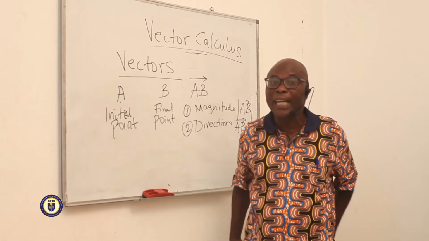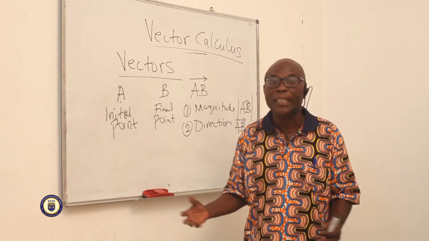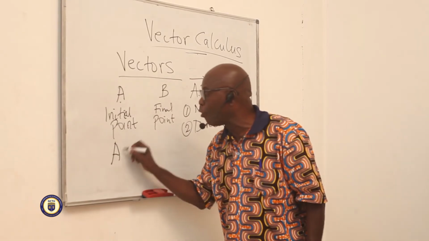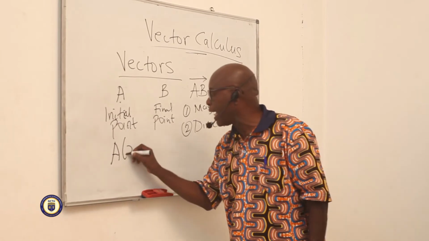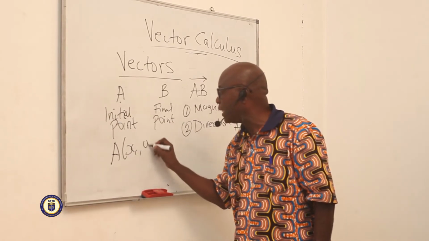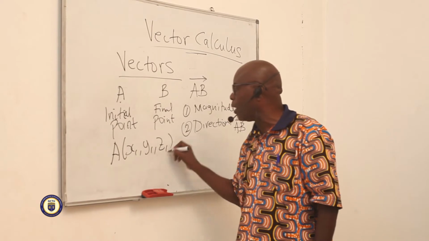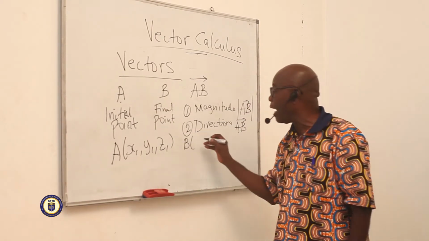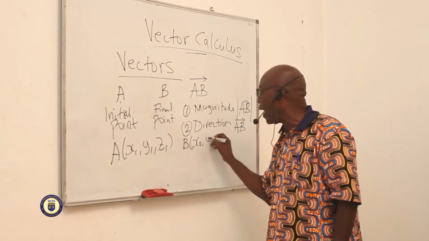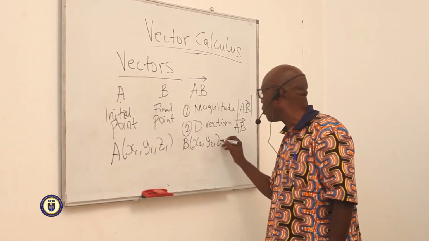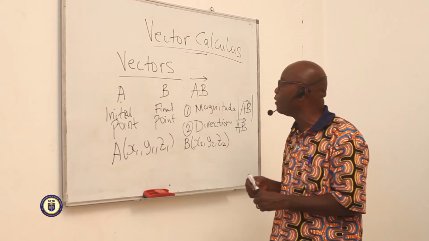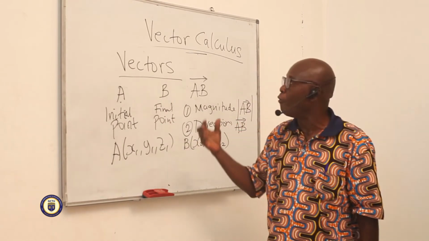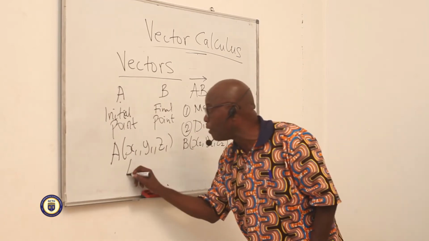So if we take the situation where we're working in space, point A can have coordinates x-axis 1, y-axis 1, and z-axis 1, right? And then point B, since it's also in space, will have x-coordinate 2, y-coordinate 2, z-coordinate 2. So it means that when we talk of vectors, the definition of vectors, it means that if we want vector